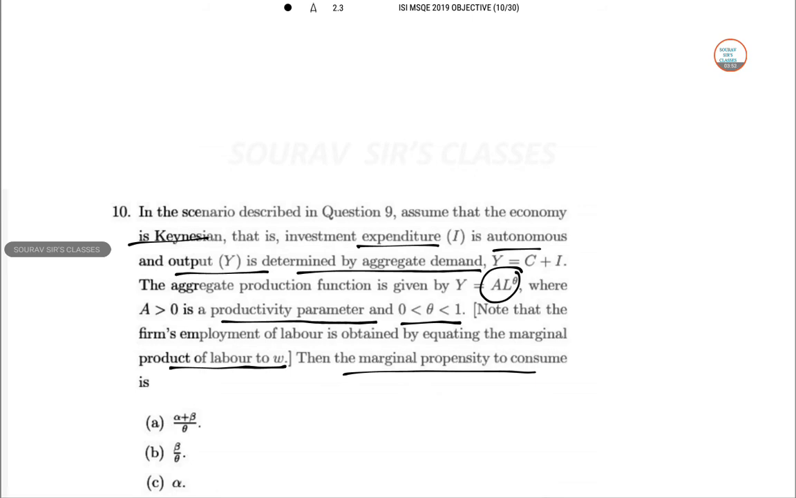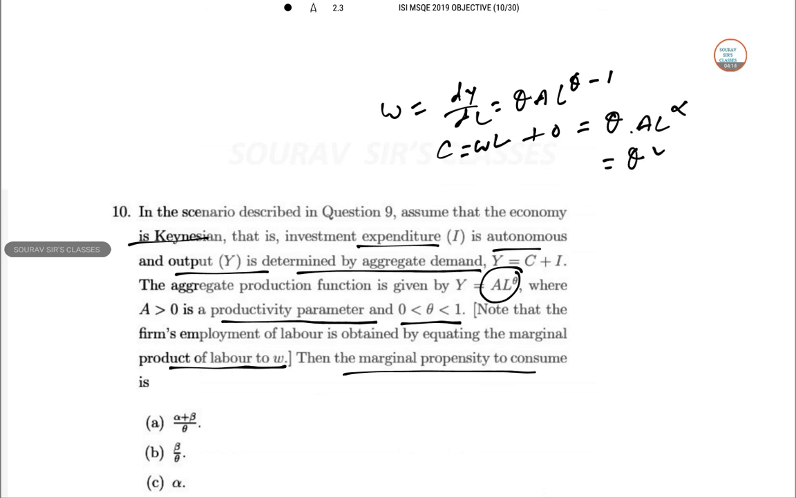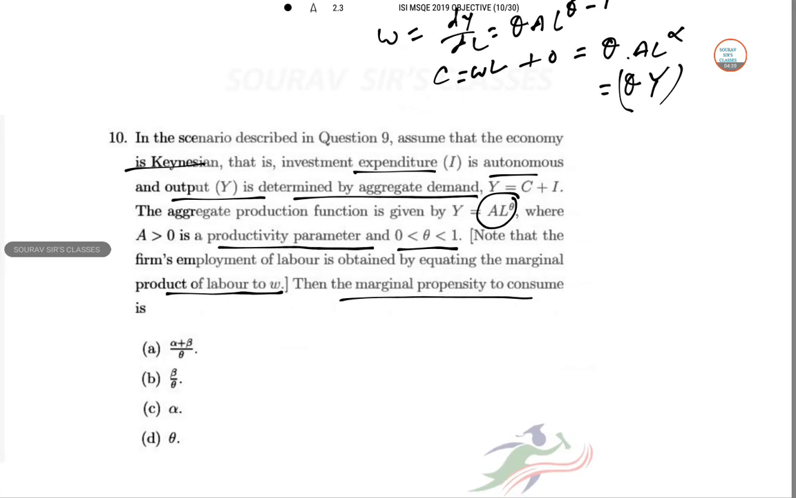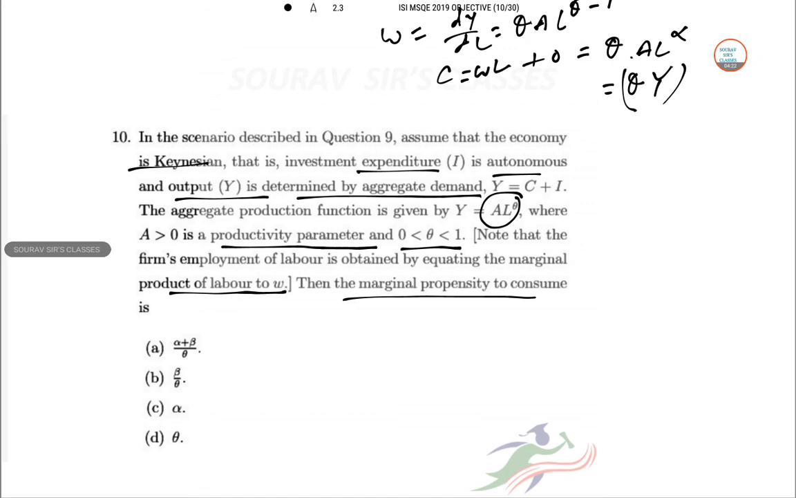So what is the marginal propensity to consume? If there is an enhancement in income, what will happen? We have W equal to dY by dL directly, and that is equal to theta A L to the power theta minus 1, and C equal to the cost equal to WL. There is no K, so the RK part is 0. So theta into A into L to the power theta, that is theta Y. This has been given. So obviously the marginal propensity to consume is C equal to theta Y. So dC by dY is equal to theta. So the answer to the question is